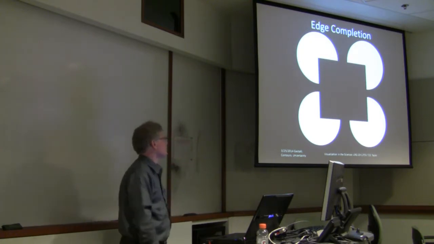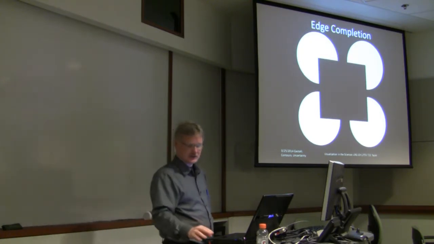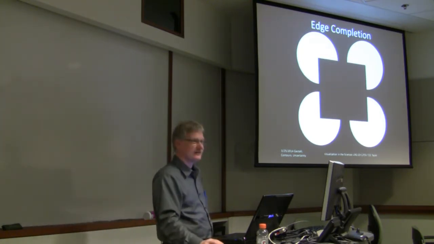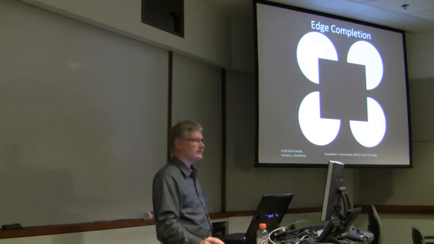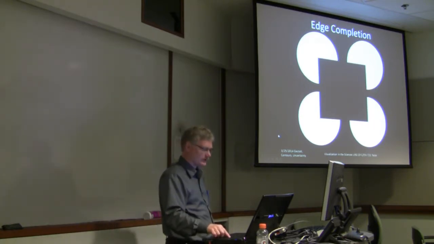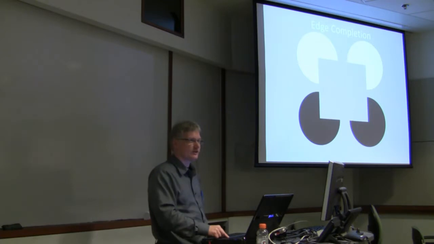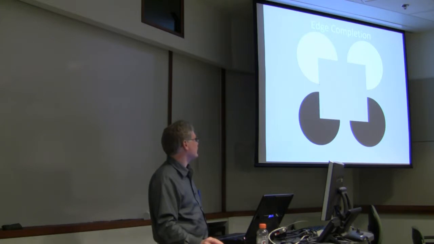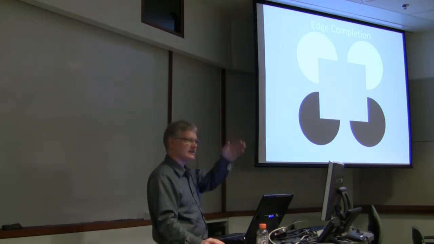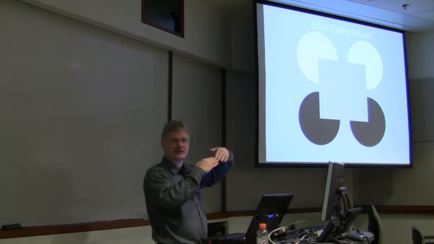So edge completion, right? So again, here we're seeing not four Pac-Men getting ready to gobble each other, but four white discs with a square in front, and we really see a contour here. And you might say, okay, well, it's a light-dark contour, that's what's going on. But no, if you make it a dark-light contour and a light-dark contour, we still see it as a gray square in front of these things. So it isn't the case that black and gray spread out in here, and that white and gray spread. It's really the case that contourness spreads out into the gap from both sides,